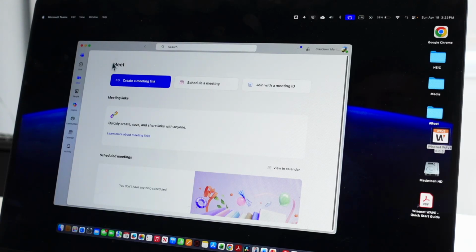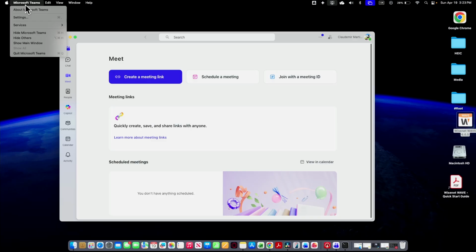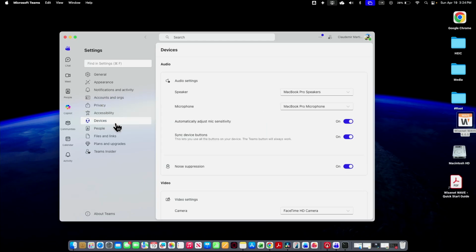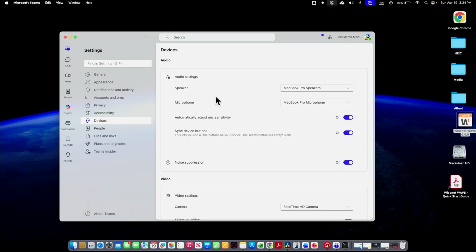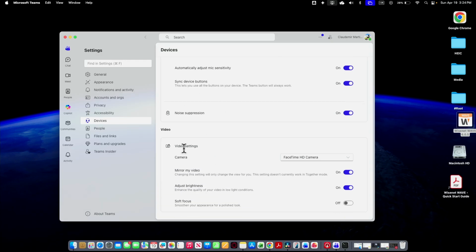Hey guys, let's see how to fix the camera not working on Teams. Here I have Microsoft Teams open, and when I come here to the system settings to check on the camera, here on devices, you see that it's not working. I have enabled the microphone for Teams, the speaker, and for video, see, the camera is not showing up